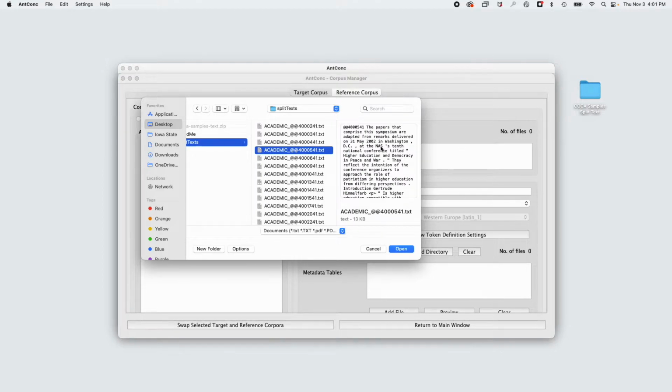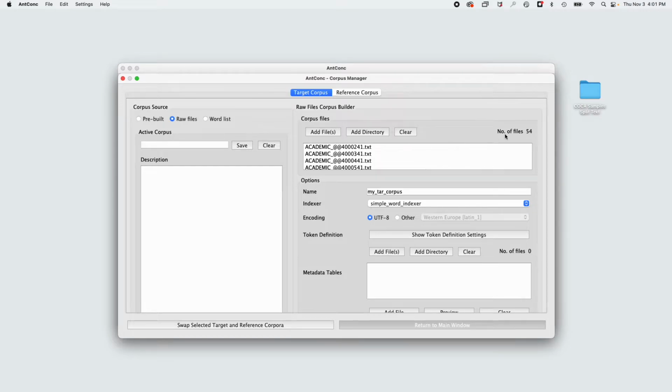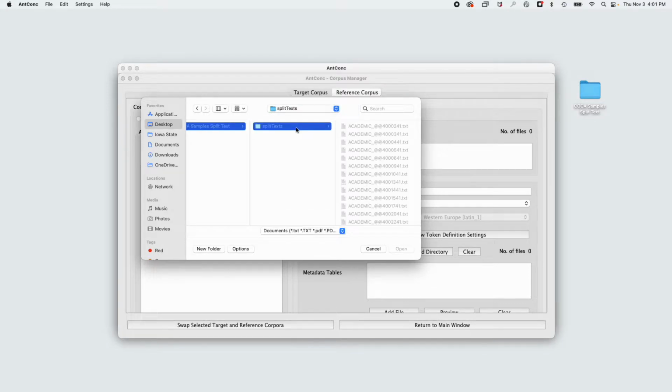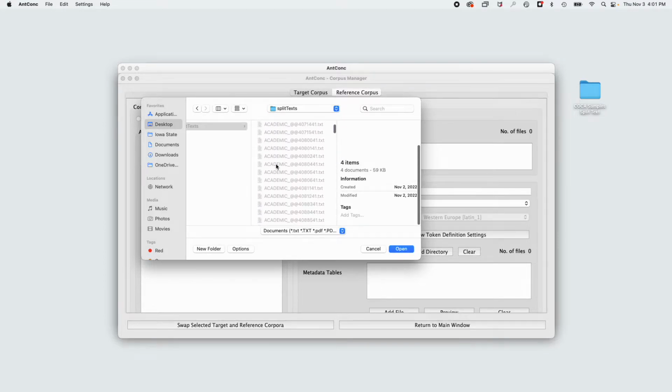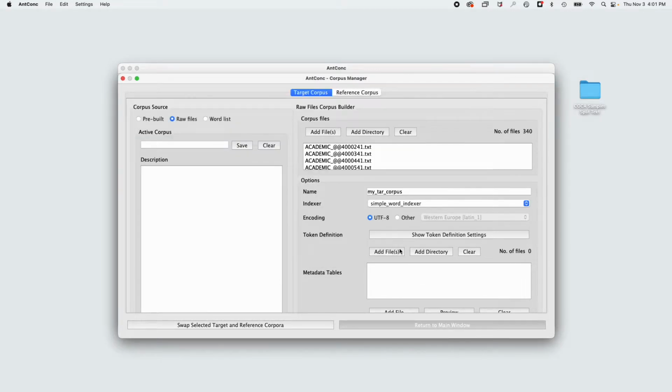I'll put all of these in. So I'm just highlighting them all. Now, it's telling me only 54 files are going in there, so something went wrong. Let me try that again. There should be thousands of these. Now, when I'm loading them in, here we go. Okay, so let's try to select all of these now. Open them. I'm still just getting 340,